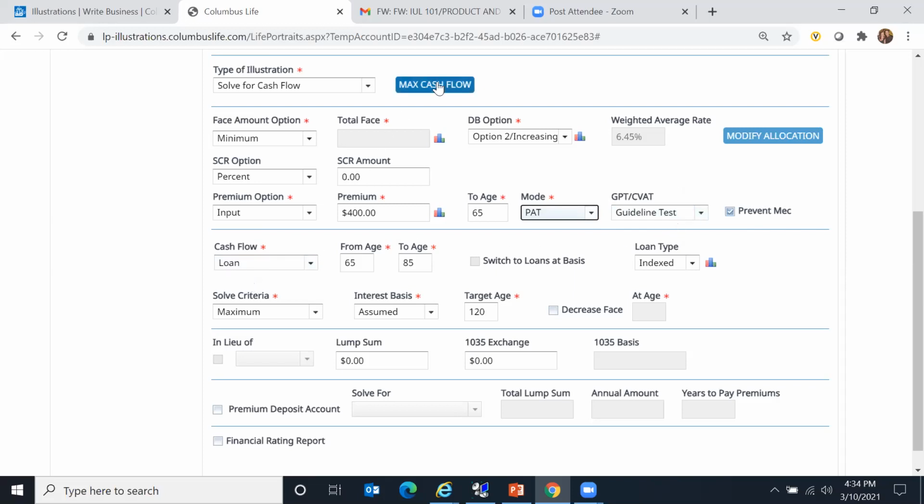Notice when I hit the max cash flow button, it also defaulted here for me for cash flow loan 65 to 85. Now these numbers can be changed. So just for the sake of illustration, I'm going to leave it at 65 to 85. But if this client wanted to pay premiums to 60 or to 70, you simply would change the